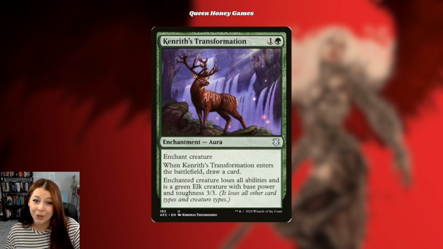If you're not playing blue, I highly recommend Kenrith's Transformation. This gives a lot of the same vibes. It's an enchantment, and when it ETBs, you draw a card, so we love the little ability there for green to bump up our own stuff as well. But again, a creature enchanted by this loses all abilities and is a green Elk creature, being a 3/3. So it's a little bit bumped up, but still not as scary as all those vampires going on in